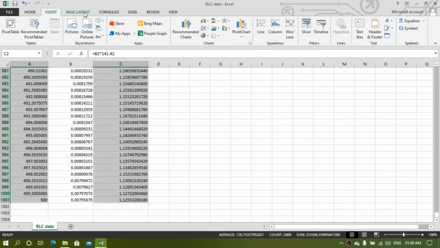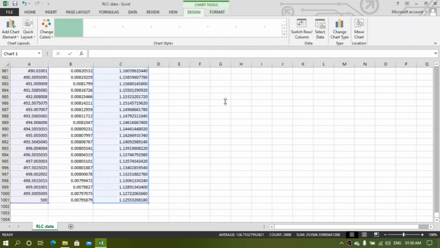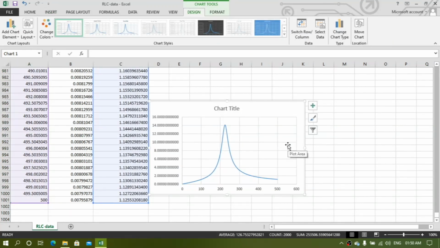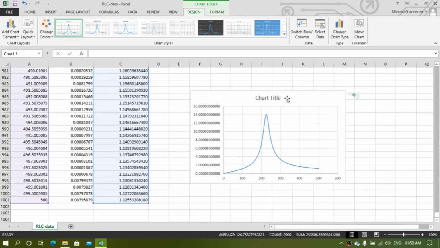Now go to the insert tab and plot your data. So accordingly, after furnishing all the graphics and all those things, you will get this file. I will show you.